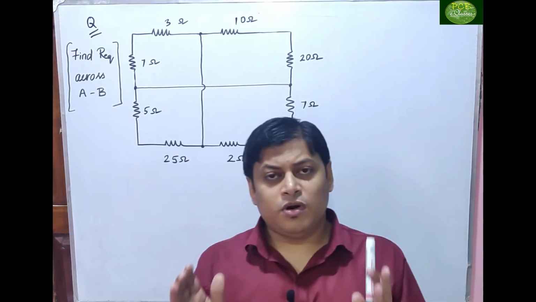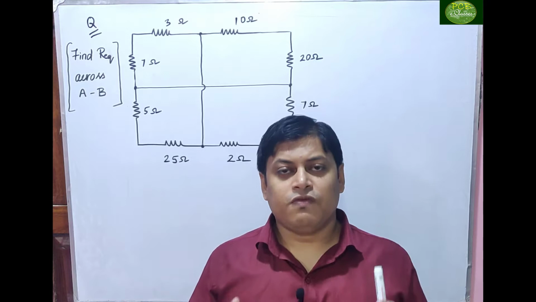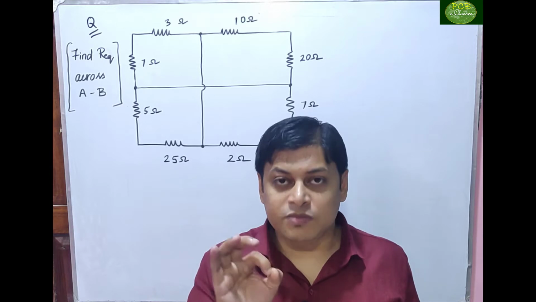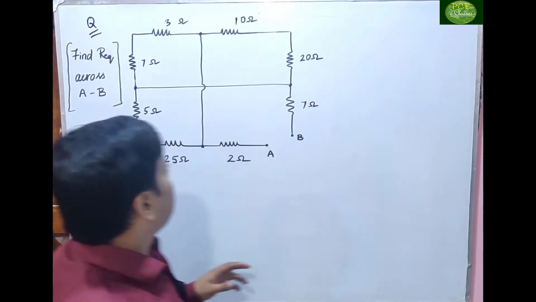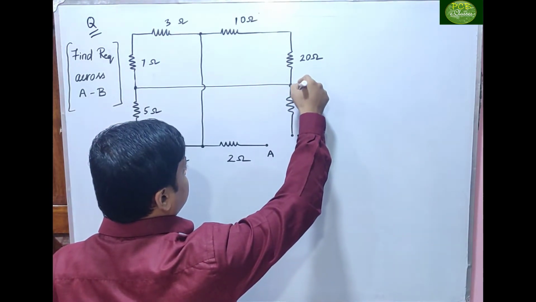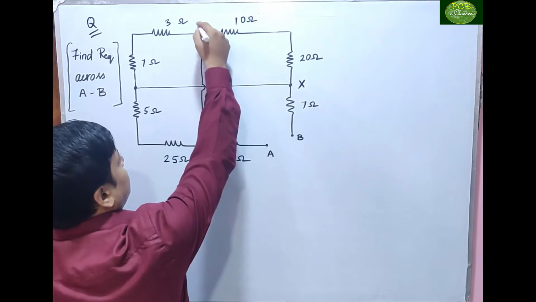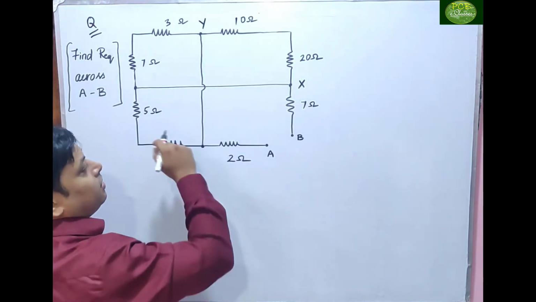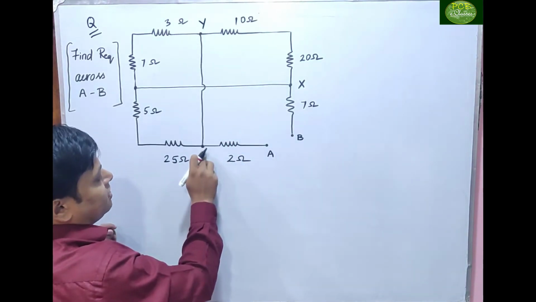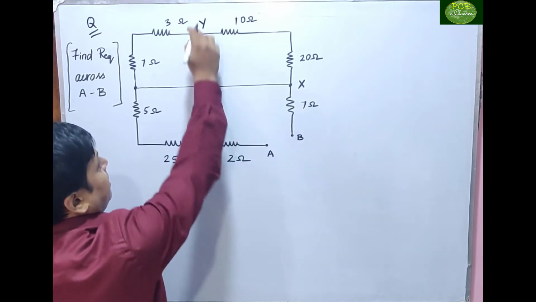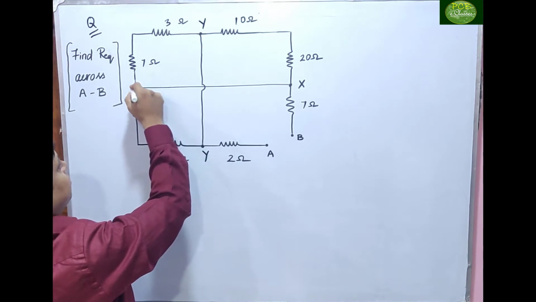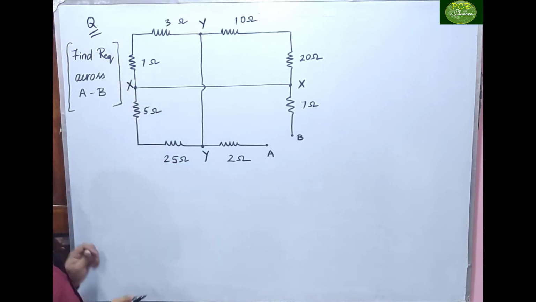Before starting any of the problems related to the R equivalent, first of all you have to make a note of the number of nodes, as well as give the names of the nodes. So first we'll go for the nodes. How many nodes are there? Here one node is there. Let us take this one as X. Another node is there, Y. Now this can also be given another name, but see here, this is directly connected to this node. So can I say the same name, Y and Y? I can say it. Similarly, this is also directly connected, so this node is also said to be X.